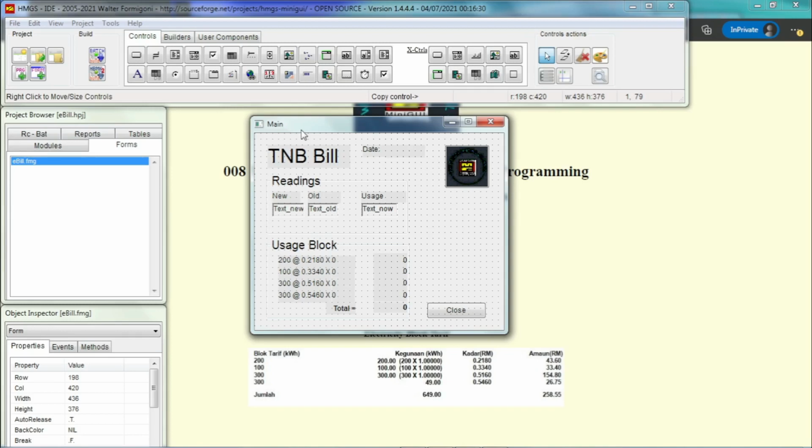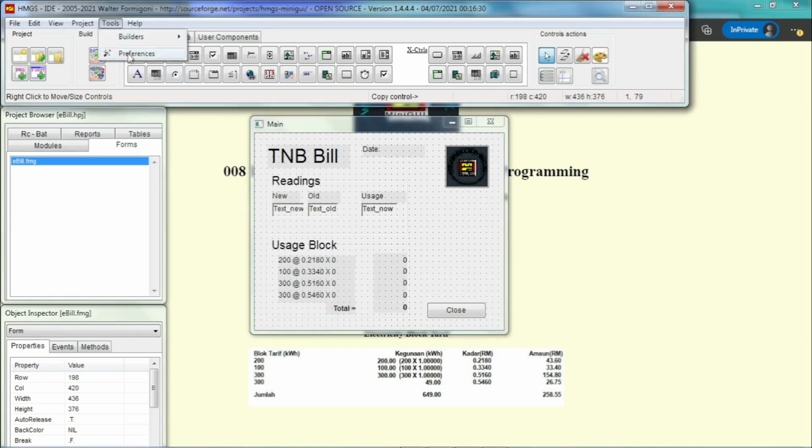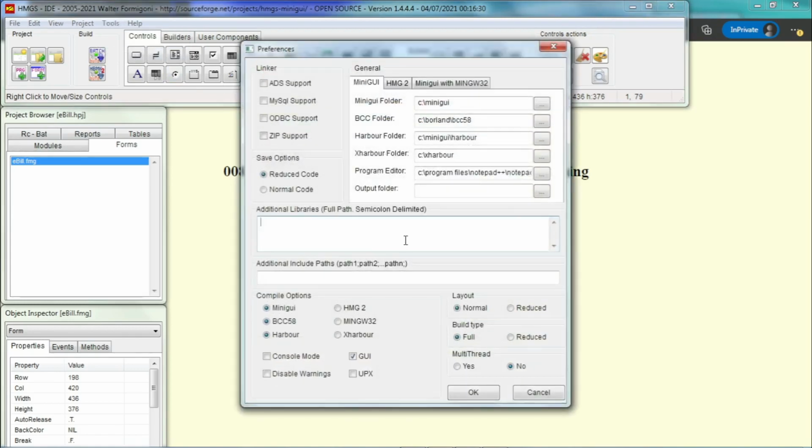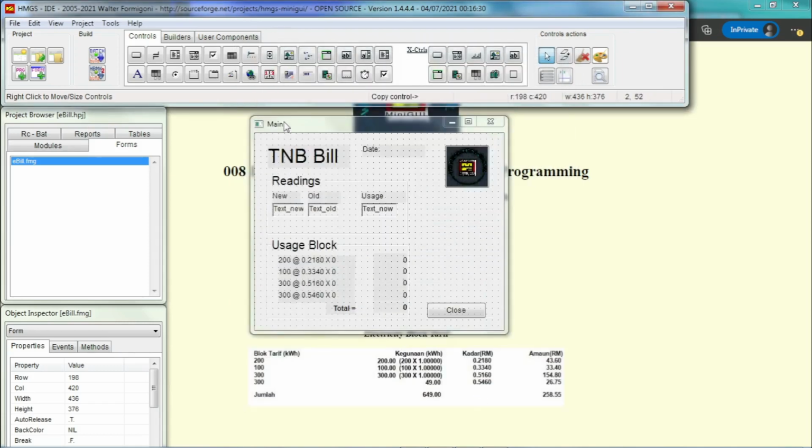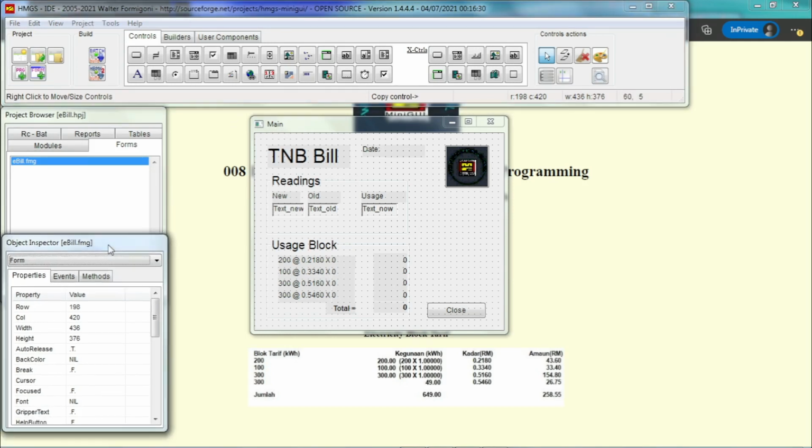Okay, so first when we build our application, we have to build a GUI application, and we start the program, start the editor. We build the main form, and remember that for this main form, we need to change the window type into main, and then we